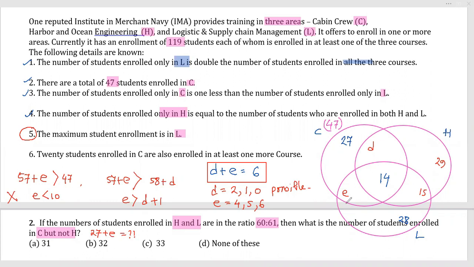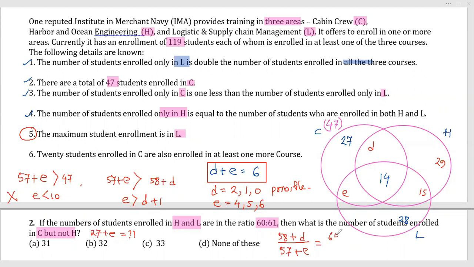What is H? If I add the given data, it is 58. So 58 plus D is H, and L means 29, that means 57. 57 plus E, and this is given